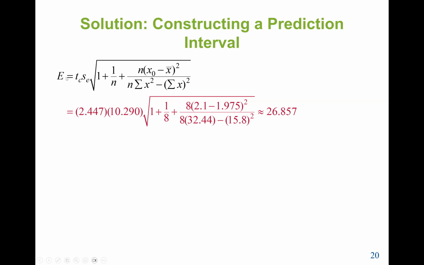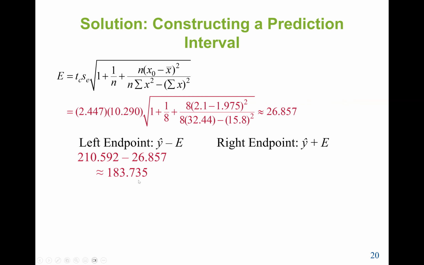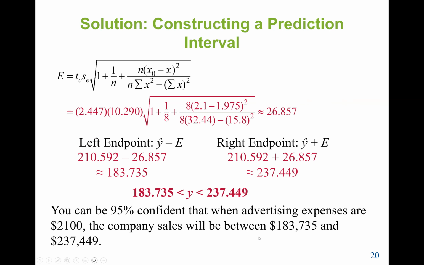Then we find our E, the margin of error. Here we are using the t_c value and the s_e we have, and plug in all the values. That gave us 26.857. Then we have our left endpoint, which will be the difference of Y hat and E, and the right endpoint will be the sum of Y hat and E. So that will be our answer here. Our interval is Y greater than 183.735